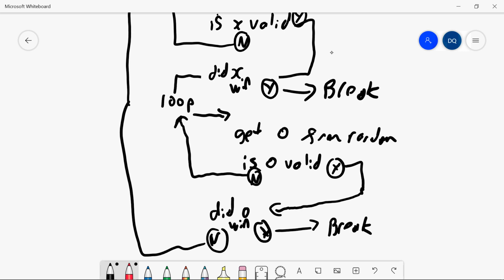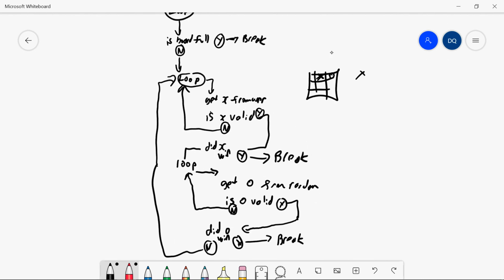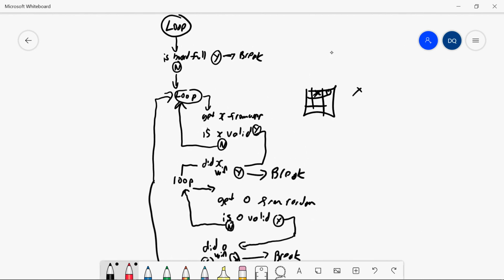So let me sort of highlight what's happening here. So yeah, that needs to loop back all the way to here. Okay, so let me highlight it. So our game here starts out, is the board full? If the board is not full, then we're going to loop here, get an X value. Is X valid? So let's say they put X in a not valid spot. We're going to loop around, try get another X value from the user. If it is valid,